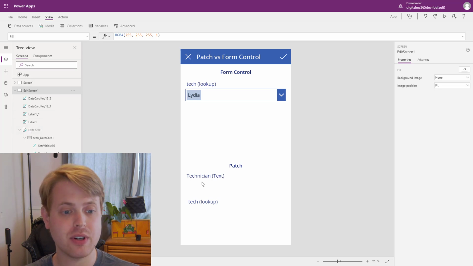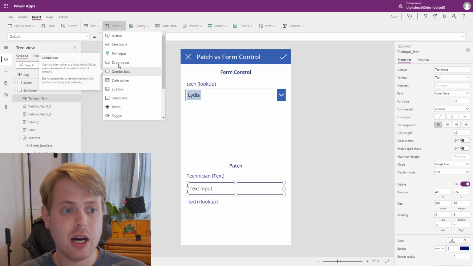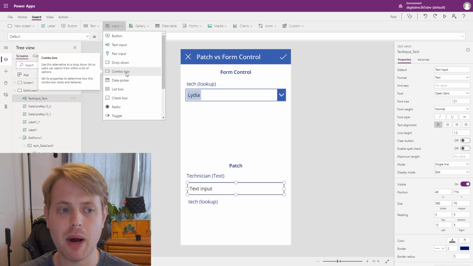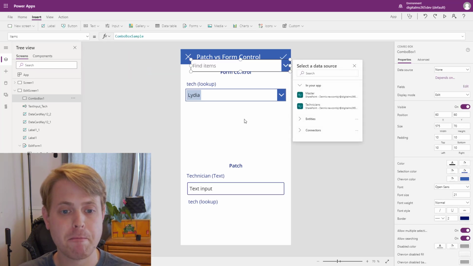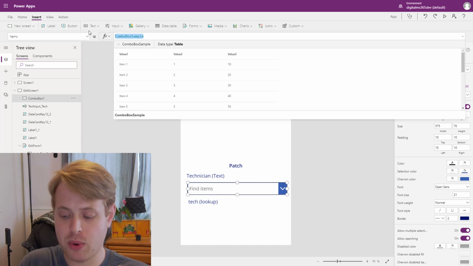So let's get started. We'll insert another input control. We can do a drop down or we can do a combo box. I kind of like combo boxes, to be honest. I'm actually going to lay this over the top of that text for now. I'll show you what's happening underneath. Now the items, they're just going to give you the sample, so let's point that to our